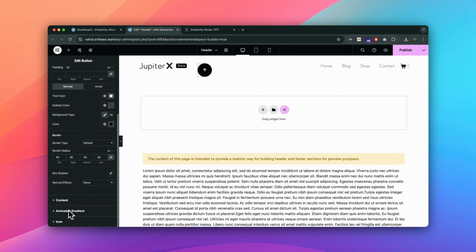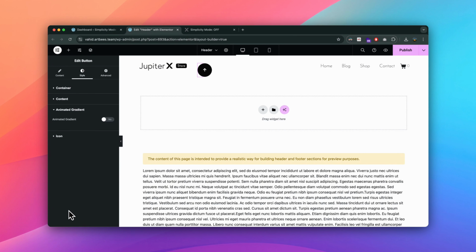I'm not sure about you, but these animated gradient settings are tempting me to try them out just once. Let's enable the animated gradient feature for a dynamic look. This effect helps the Go to Top button stand out. You can see that once enabled, new options appear for us to configure the gradient's appearance, such as the number of colors in the gradient, its direction, and its duration.